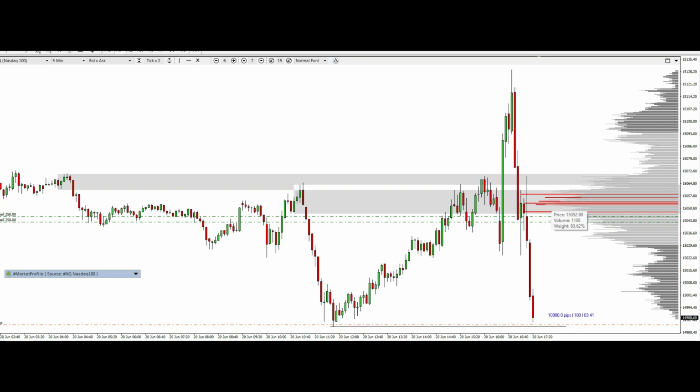Point of control is also trading pretty nice. I already closed a couple of positions just to protect the trade, but in front of your eyes you can see how we develop and how the trade